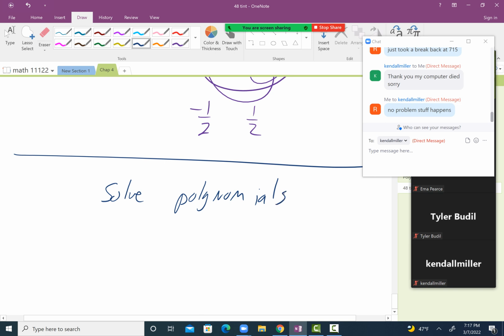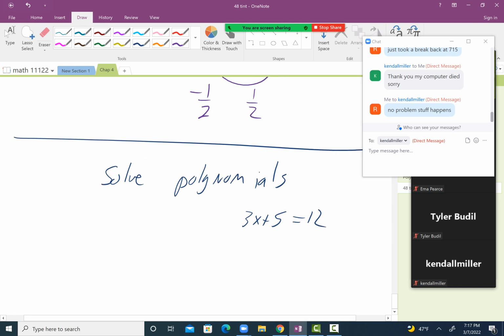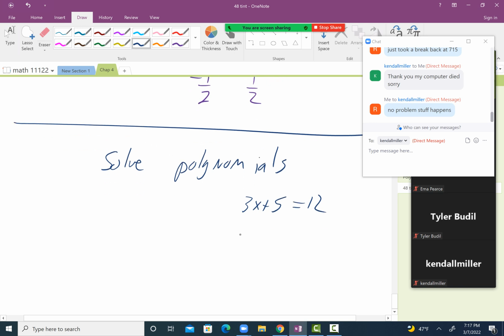Like polynomials, remember I said lines were polynomials, right? So those are just what we would call linear. They're simple, usually one-step equations. We can solve those. So if we have something like 3x plus 5 equals 12, that's a simple couple steps, solve it, right? If we have a quadratic, so something in the form of x squared plus 4x minus 8